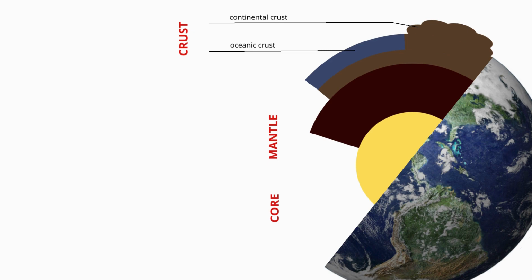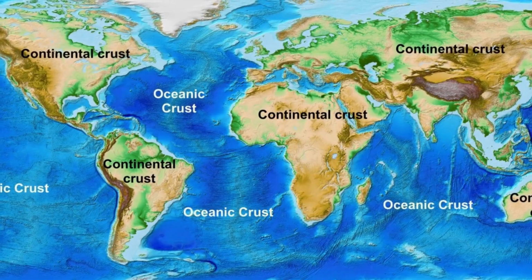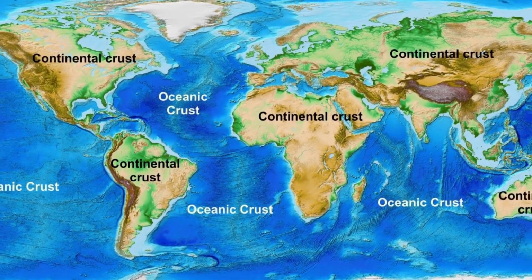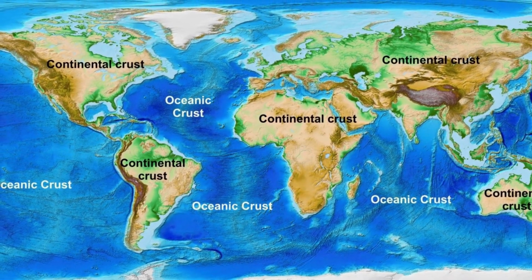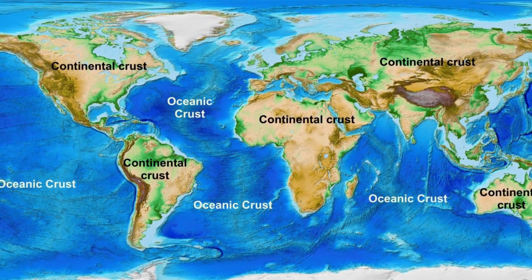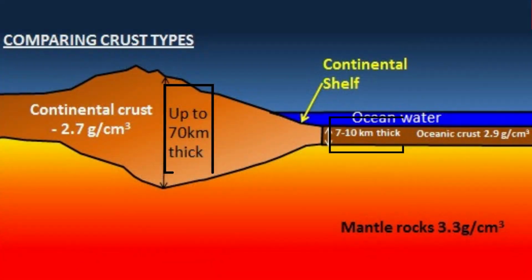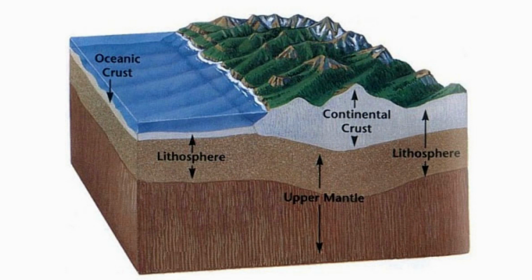The lithosphere is split between continental and oceanic crust. The continental crust is thicker and less dense than the oceanic crust. Beneath the oceans, the crust varies little in thickness, generally extending only to 5 kilometers. The thickness of the crust beneath the continents is much more variable, but averages about 30 kilometers. Under large mountain ranges such as the Alps, however, the base of the crust can be as deep as 100